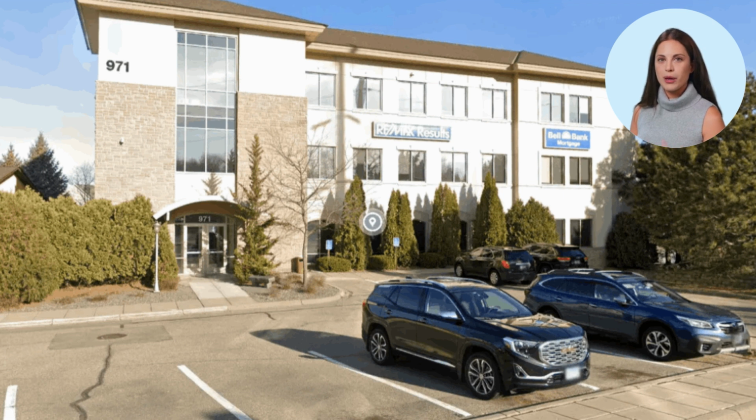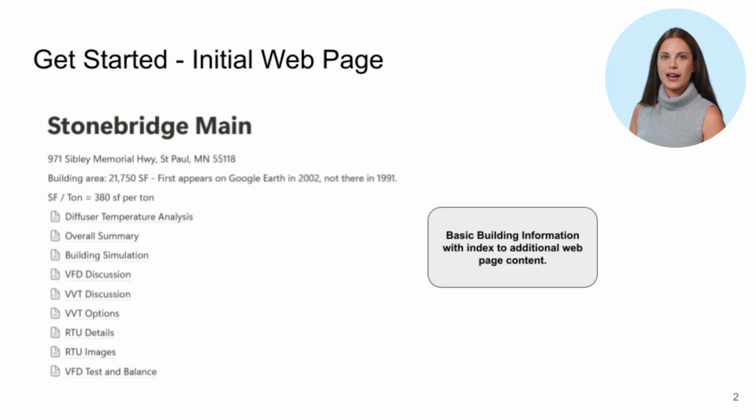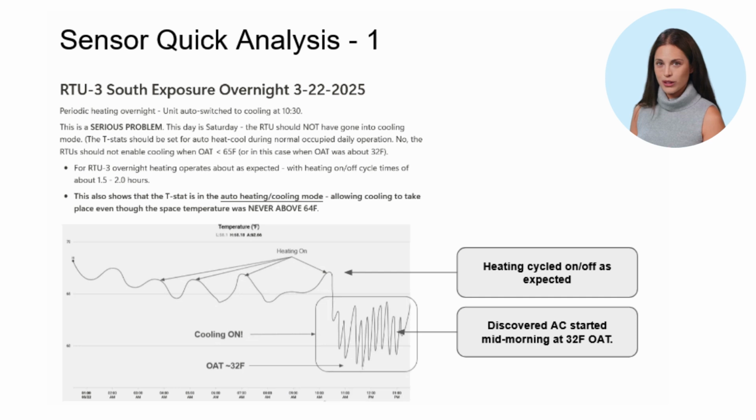This is the initial web page of the building interface. It presents basic building information and serves as a launch point to deeper technical insights, including equipment layouts, photos, and operational summaries. Early data reviews showed the air conditioning system started mid-morning, despite an outdoor temperature of only 32 degrees